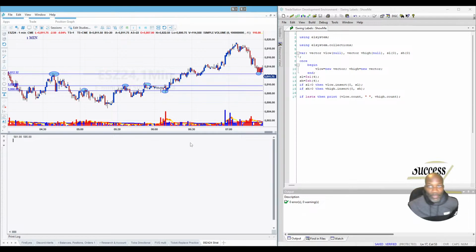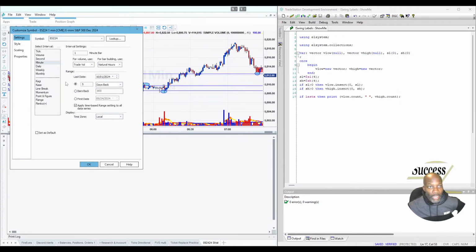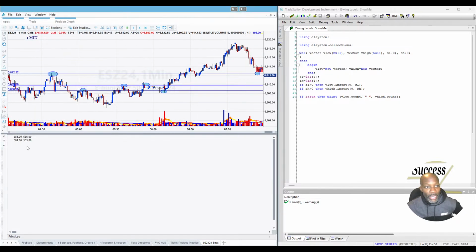All right, so on this chart right here, which is 1 minute time frame and 5 days back, we have 581 swing lows and 585 swing highs. Okay. So now what we want to do is we need to go through some type of a loop. So we'll say if it's the last bar on the chart,